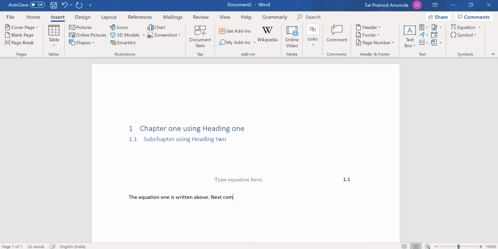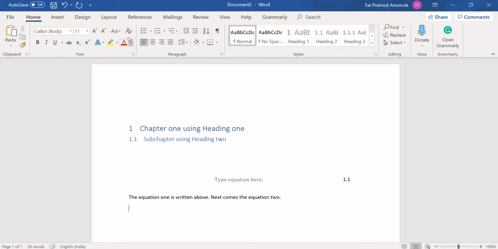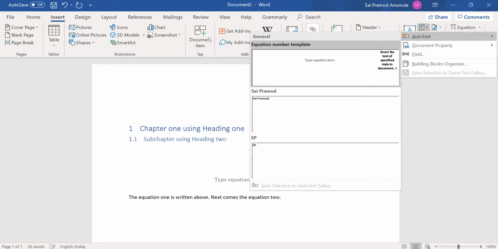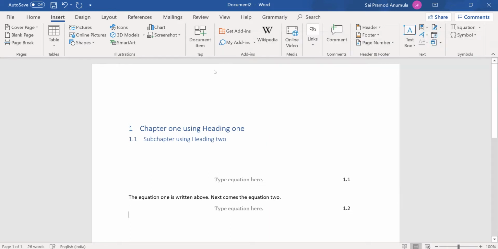Next comes the equation 2. Suppose to insert another equation here, I'll just go to insert and then go to quick parts. There I'll go to auto text. You already have your equation number template that you have saved. You can just click on that. Directly, automatically you will get 1.2 here.